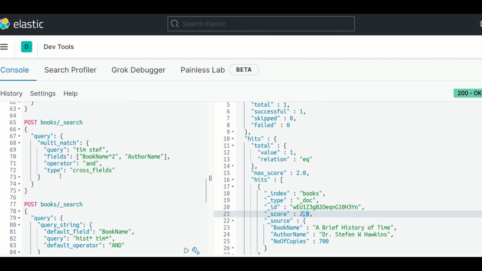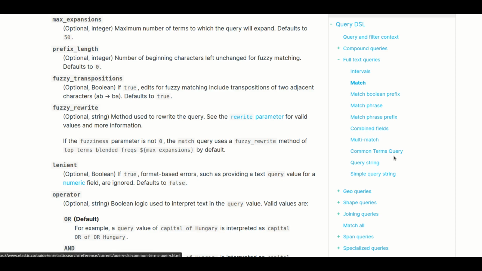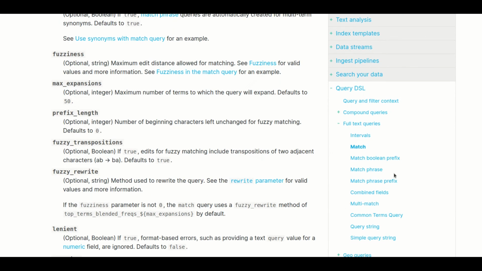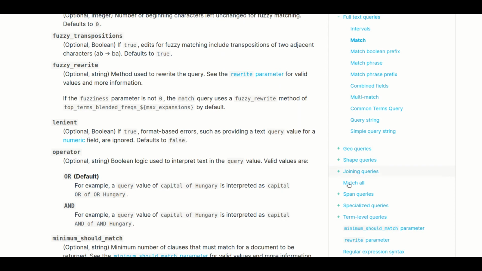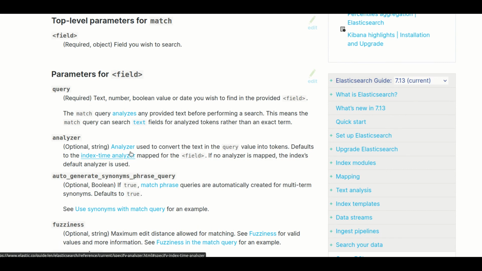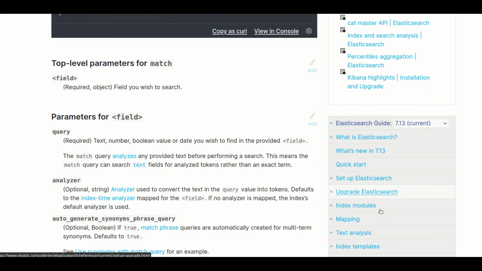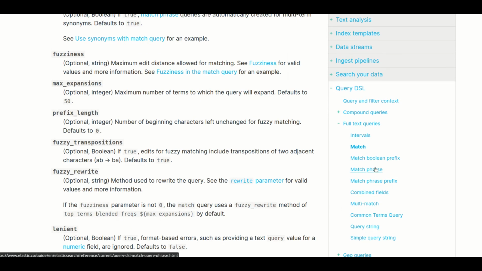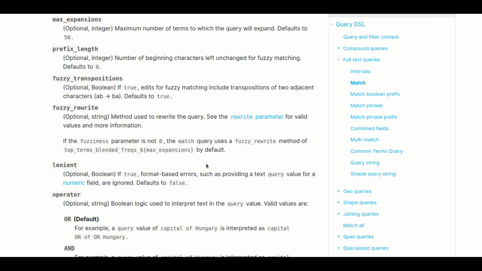Okay, and just by reading from here, you will get to know how all of these types of queries are executed and what their particular use cases are. And there are many other queries there. You should first learn the very basic queries, and after that go through all of them one by one, though you do not need to learn all of them at first. If you learn only a few of these, the match query, match phrase query, multi-match query, and query string queries,